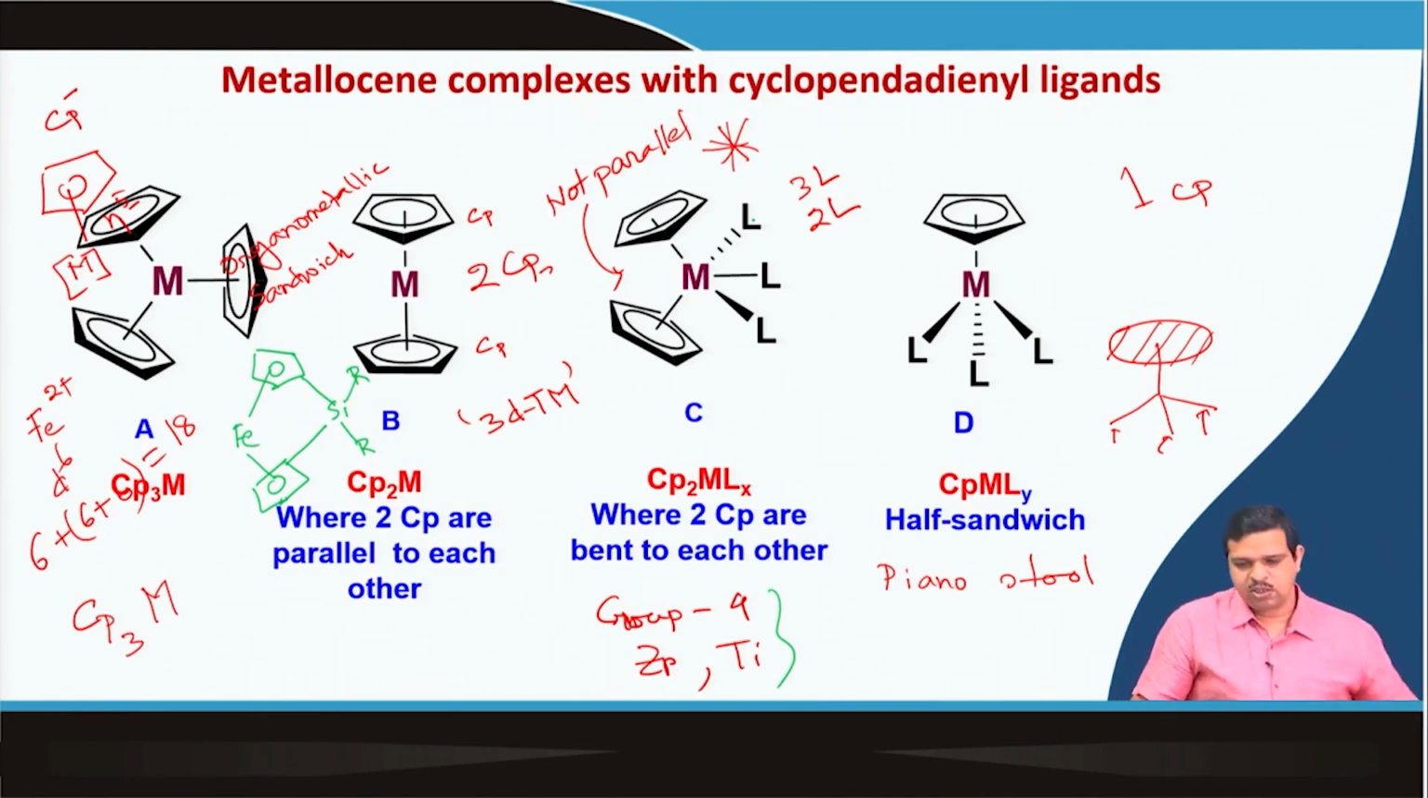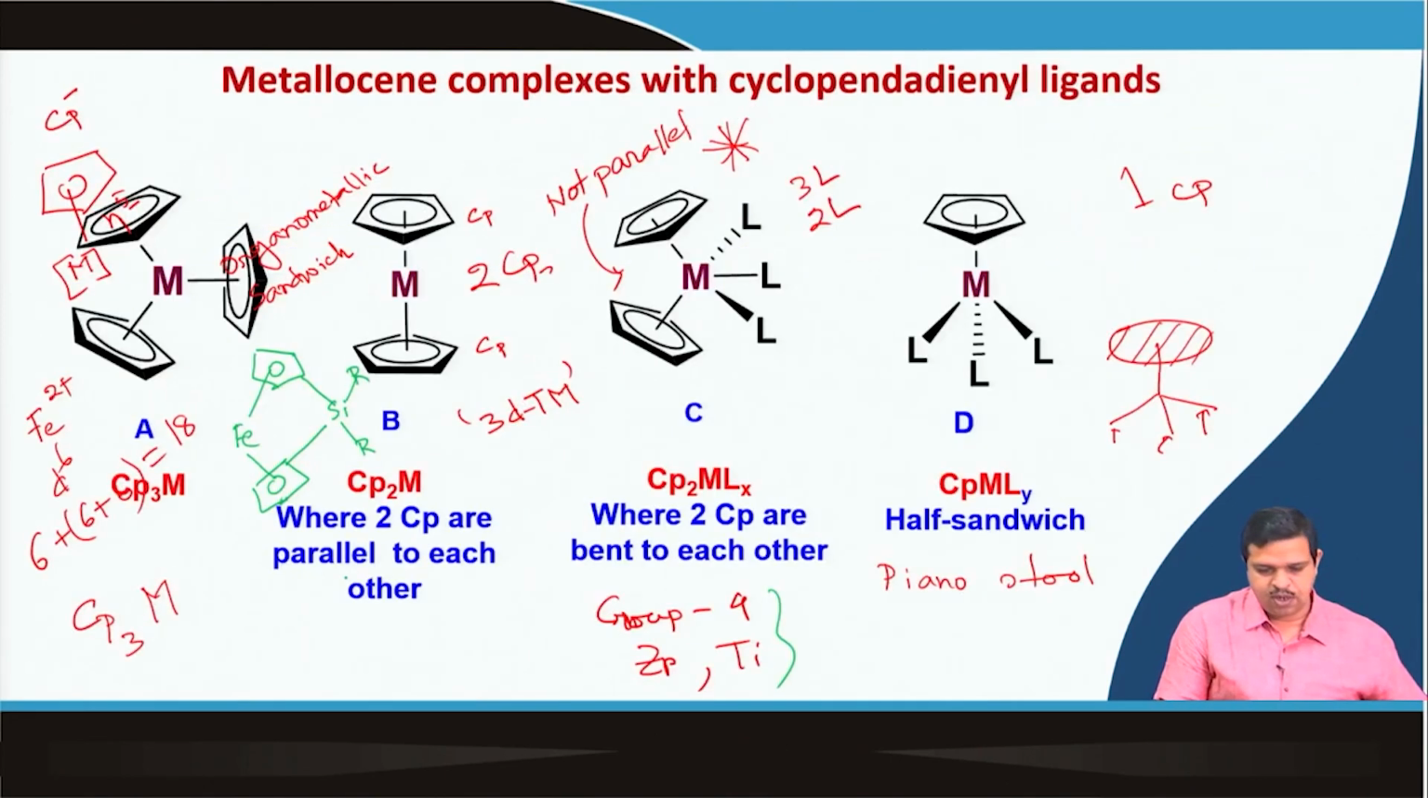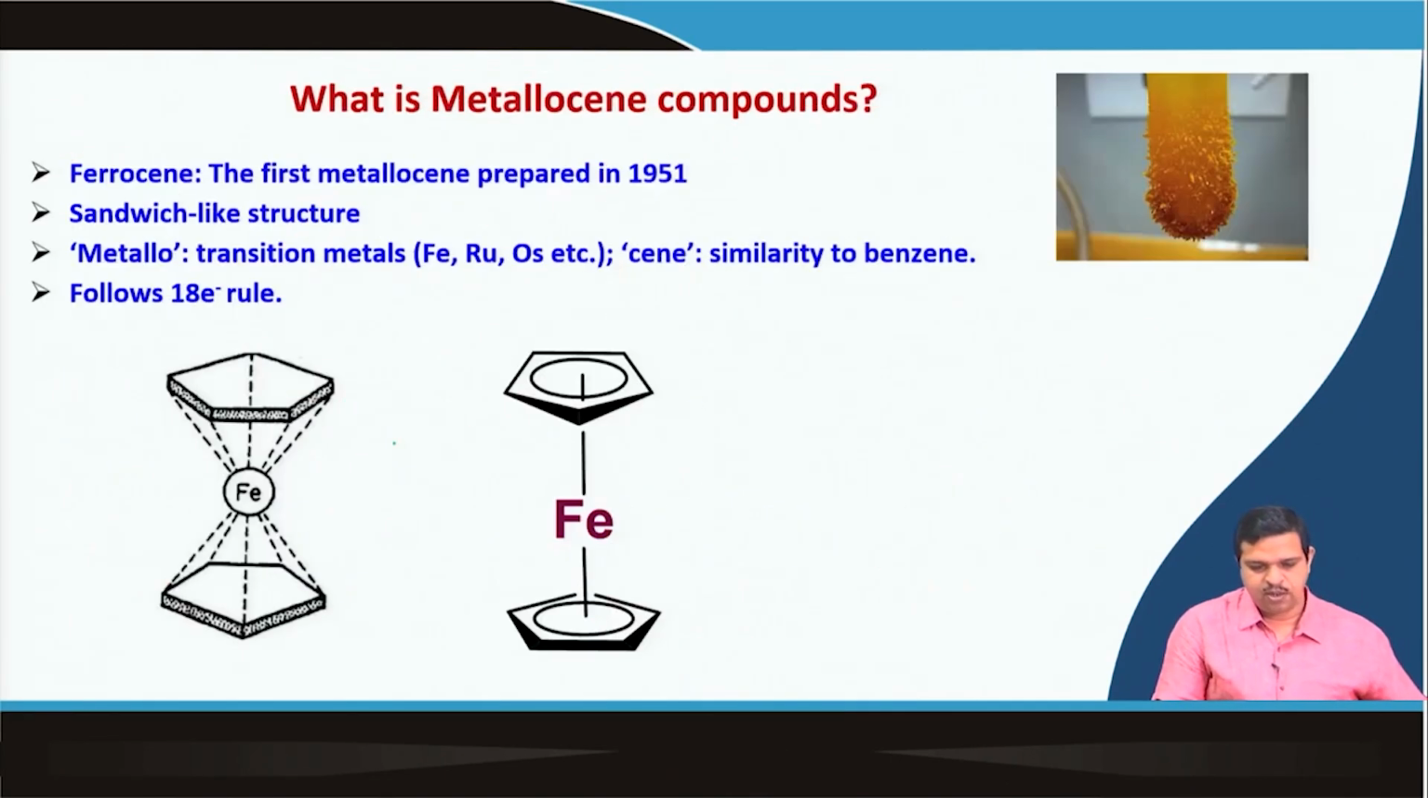So, before that, let us start from a simple, okay, and well known metallocene compound, to understand the bonding between the metal and Cp. Okay. So, this is ferrocene. Okay, as I told, this is the category B, where Cp rings are parallel to each other. Okay, so here you will see that